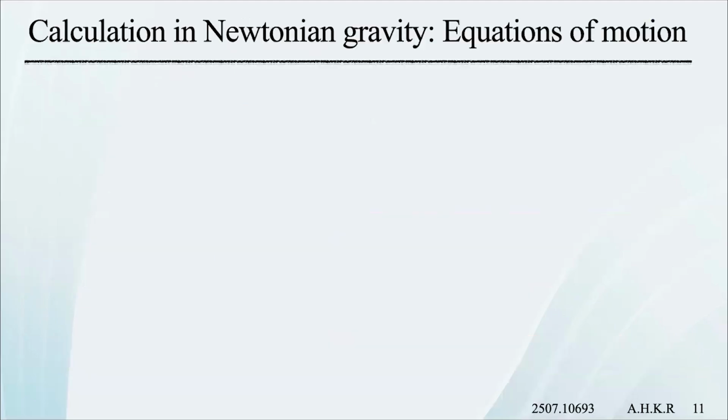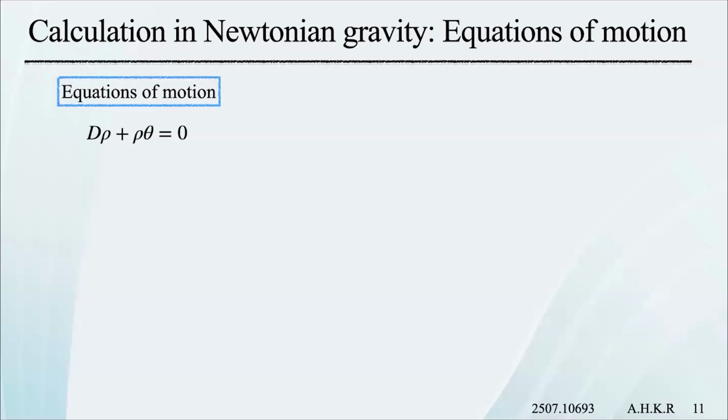Okay, so let's now briefly understand how the modeling is done in Newtonian gravity, just to understand the different tools that are used. Let me briefly present the equations of motion. The details are not that important. You have the mass conservation, or the continuity equation. D here is the material derivative, rho is the density, theta is the divergence of the fluid velocity. And then you have the Euler